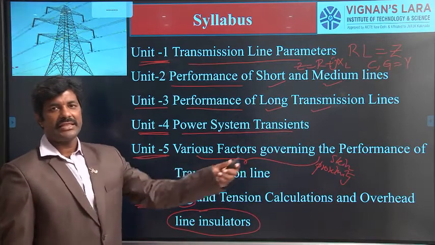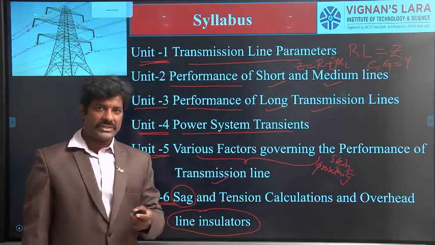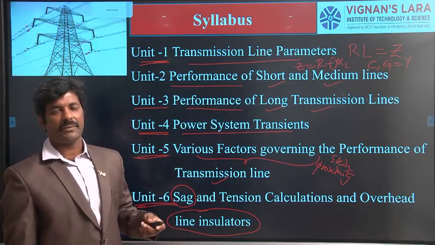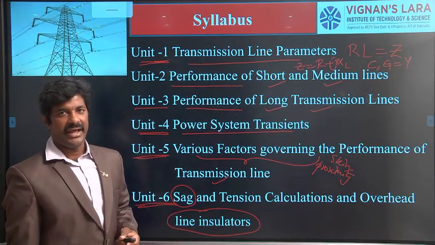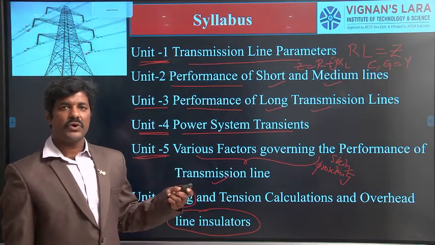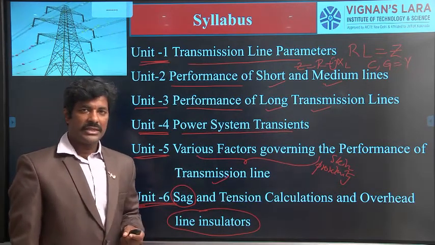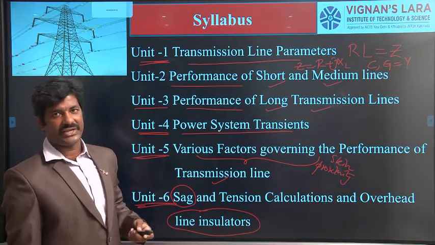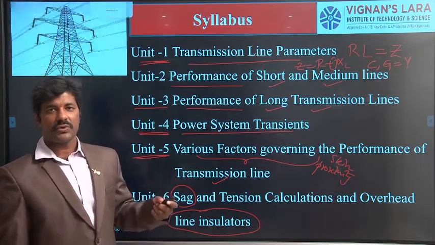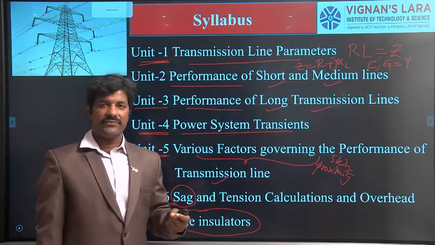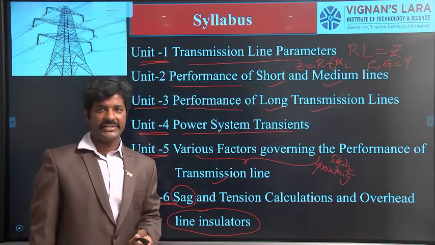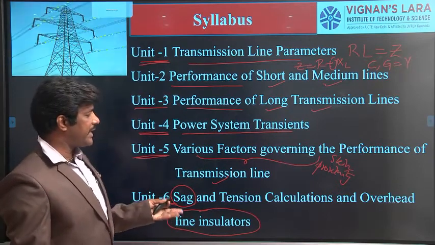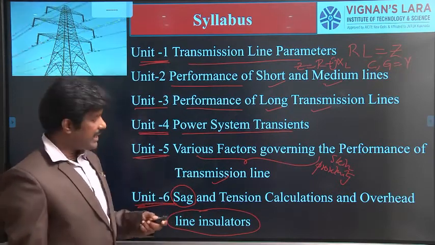So far we have seen the layout of the electrical power system network and a single line diagram of the electrical power system network, how the power reaches the utility point. And next, we have seen the course objective. The single objective of this course is to transmit the electrical power with higher efficiency. And next, we have seen the course outcomes, which define 6 outcomes from the 6 units. And next, we have seen the units that we are going to study in this course. And next,